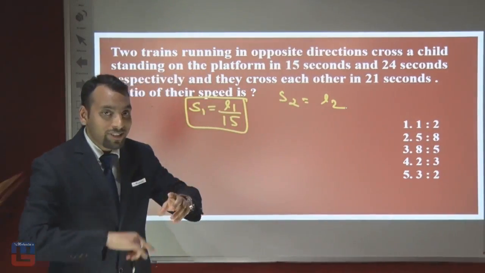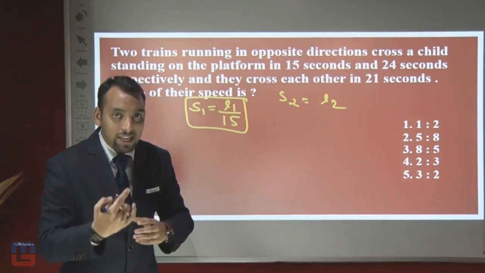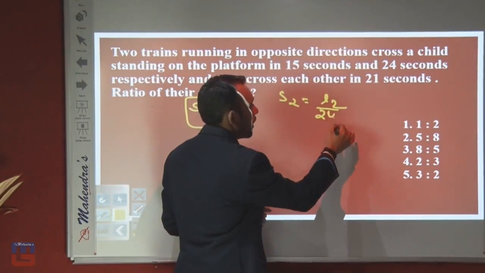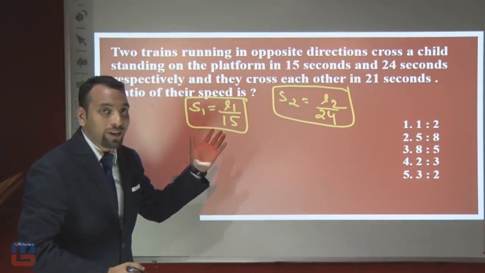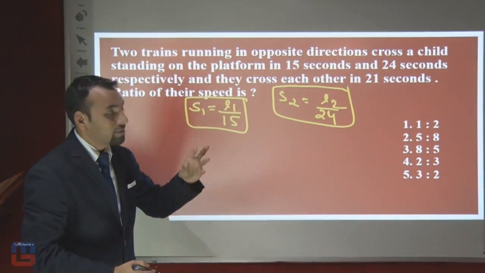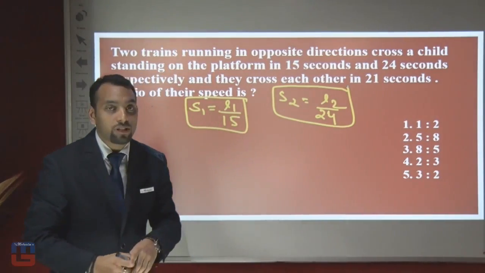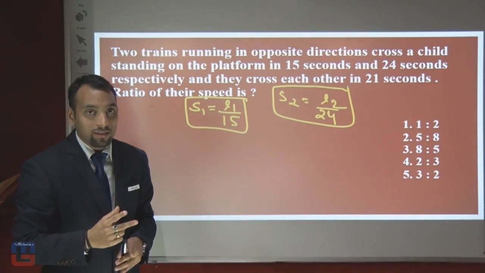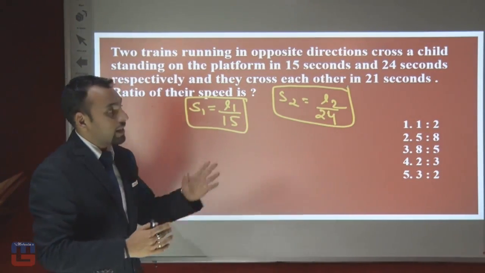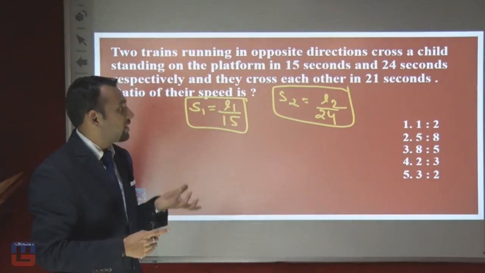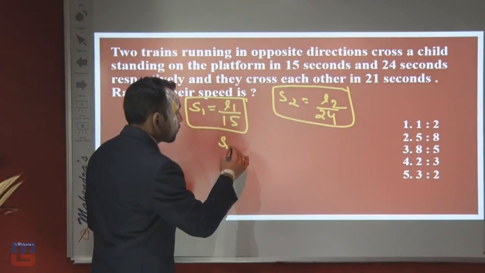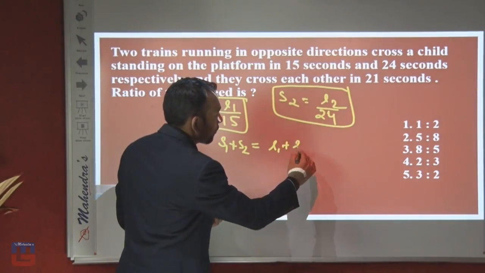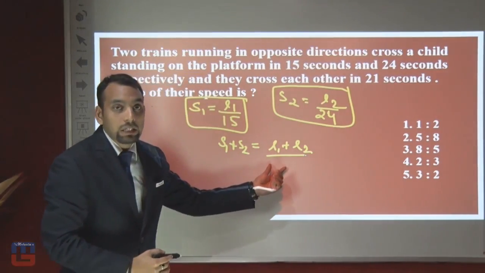Here S2 is the speed of the second train and L2 is the length of the second train, and this train is crossing the child in 24 seconds. So here we will divide by 24. So these two conditions we have when these two trains separately cross a child in 15 seconds and 24 seconds respectively. Now if these two trains cross each other in 21 seconds, but remember here the directions of these two trains are opposite. If the direction is opposite, then the condition is S1 plus S2, here lengths will be added, L1 plus L2